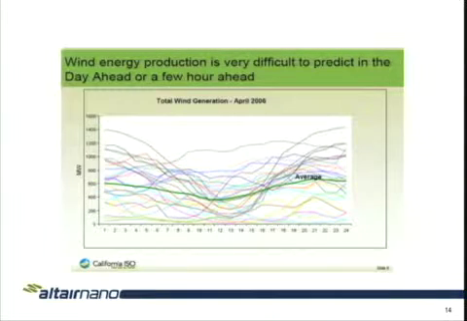So that's what you see here. This is a picture of Tehachapi from California ISO over a month, and what the variability is of the wind power out of that region for that period of time. Very unpredictable, very difficult to deal with, and a challenge for what we're going to be working with in California.